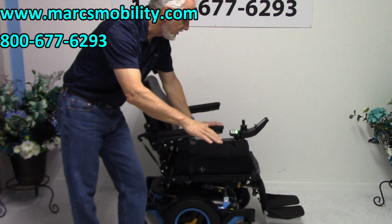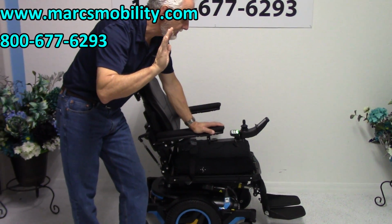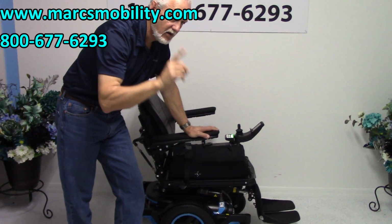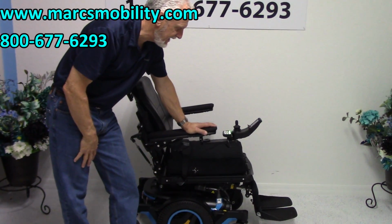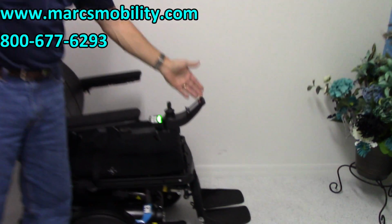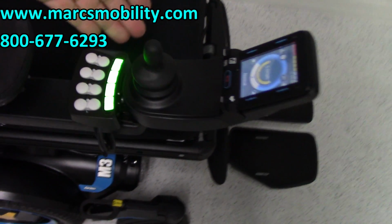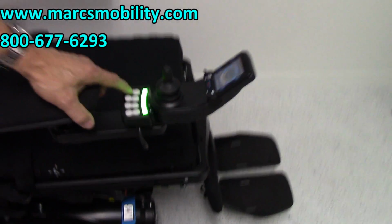It has a 12-inch seat lift, the electric tilt, the electric recline, the electric legs, and it also has the interior tilt where it tilts you forward a little bit to help you get out of the chair. All the functions can be worked through the joystick or through the switch box. I'm going to do it through the switch box, it's quicker for me. So if you hit the button here,